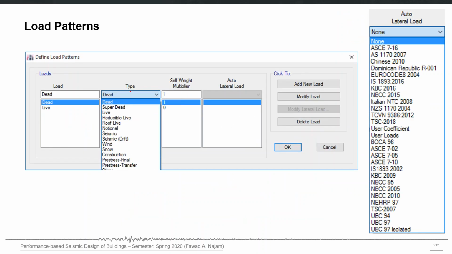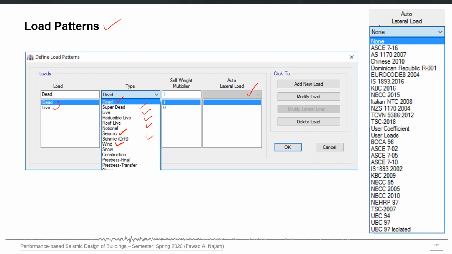So the first step would be to define the load pattern. Here you can see the form from ETABS where you can define the load pattern, and there are several types of patterns available. There are dead and live, which are already defined by default, but you can define, for example, seismic load or wind load, and for those two automatic lateral loads you have to select the code, the document, from which these automatic loads will come.